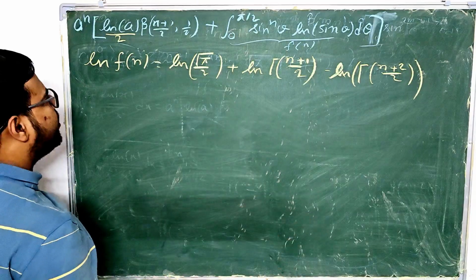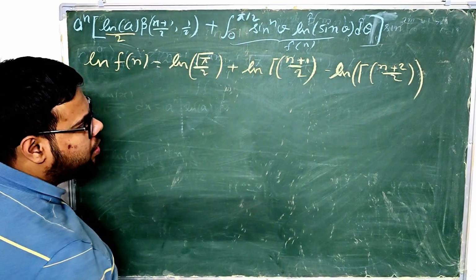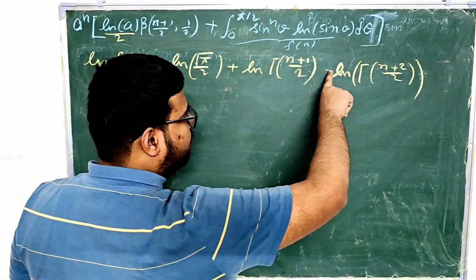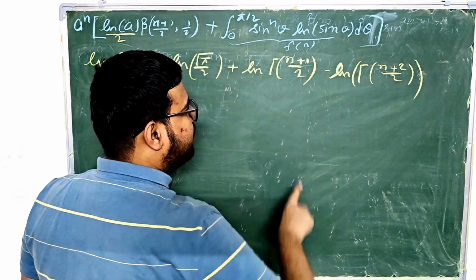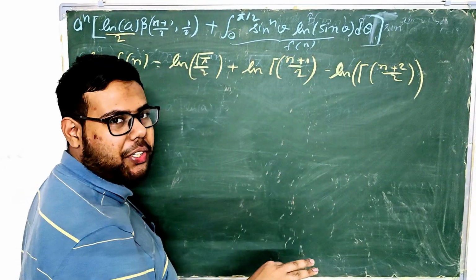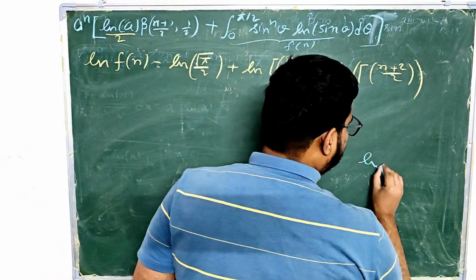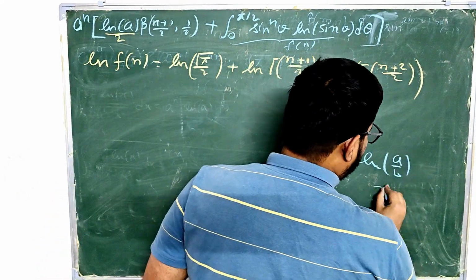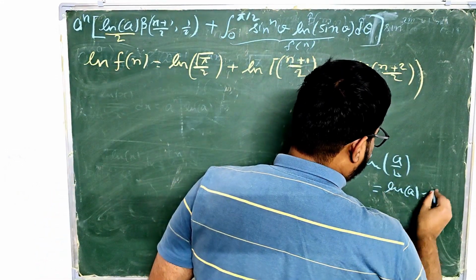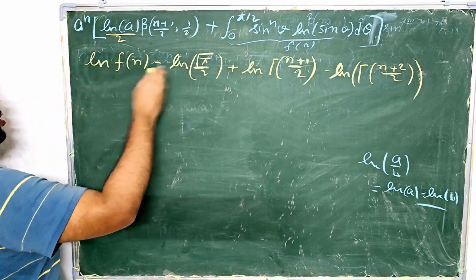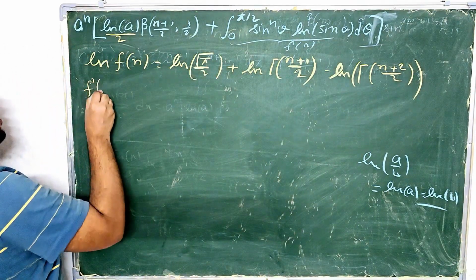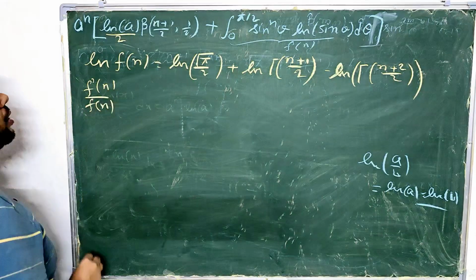Okay, so when you differentiate this with respect to n, and if before I have written it as plus, please keep in mind that this is negative. Here we will have a subtraction sign because it was in division, right? So natural log of a by b is equal to ln a minus ln b. So when you differentiate it, you will get f dash of n,